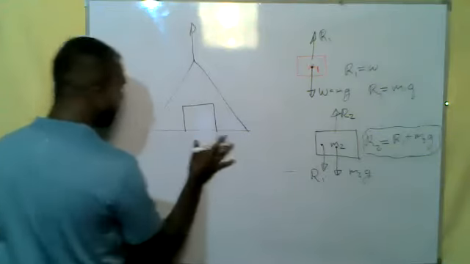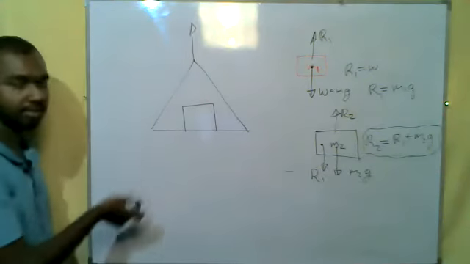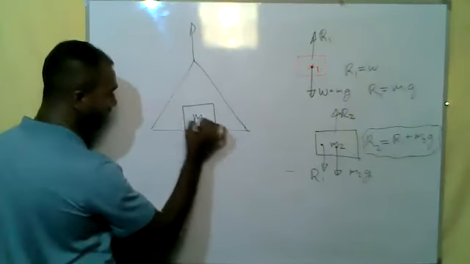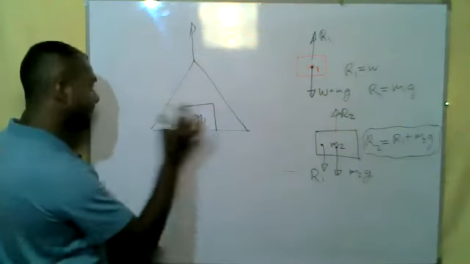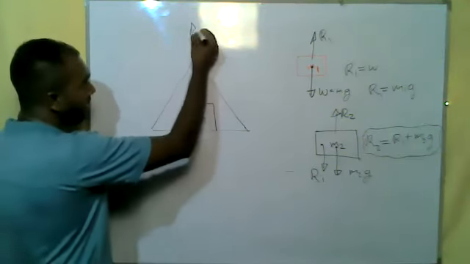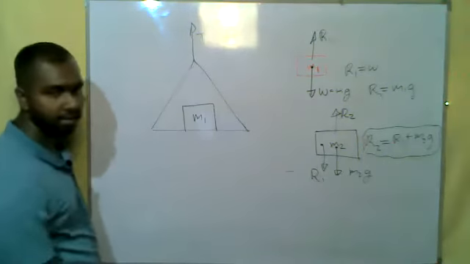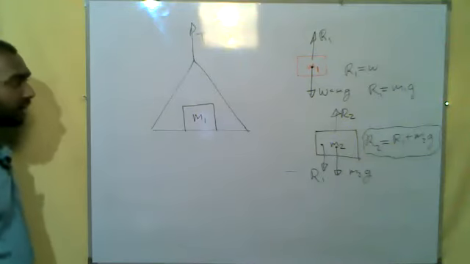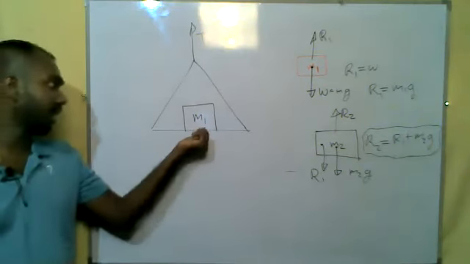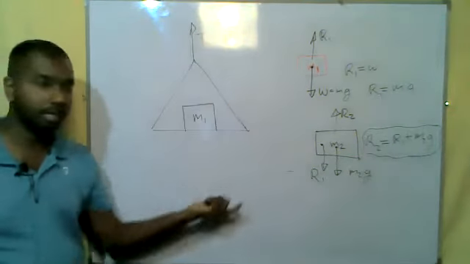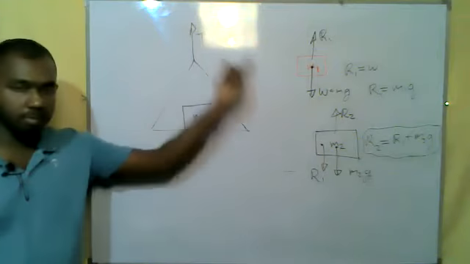Think this is like some sort of hanger, okay? And there is a mass here. This hanger doesn't have any mass, but it is attached to a string with tension. So what are the forces acting upon this mass and the hanger? Think the body is at rest, okay? Body is at rest.